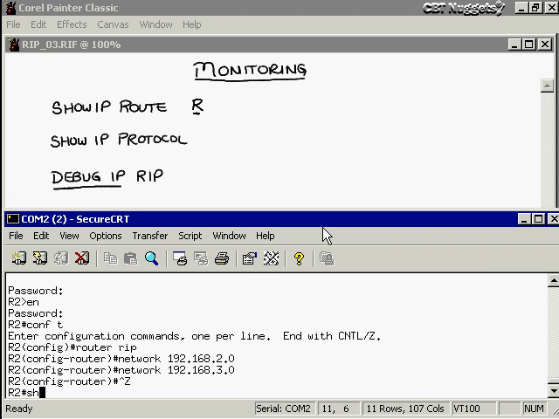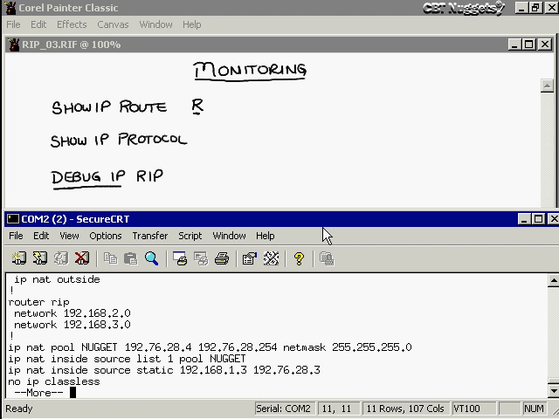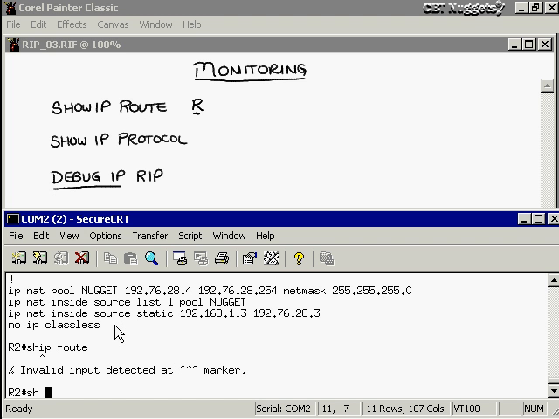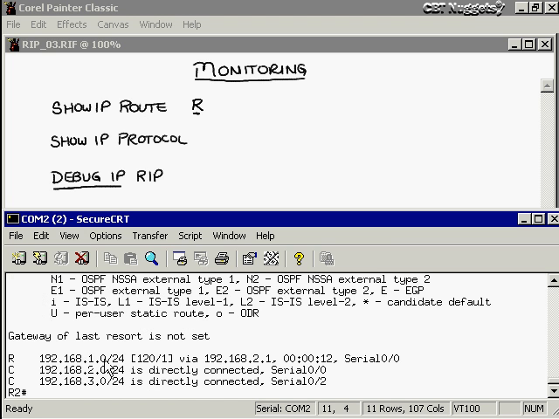And this is a bit longer config, so it takes a little bit longer to get there, but here it is: router RIP, these networks, 2.0 and 3.0 on the 192.168 address space, and we're ready to go. All right, show IP route is going to give us our first route that we've learned via RIP, and it tells us that 192.168.1.0 exists if we go to 192.168.2.1, which is router 1's interface on our 2 network, which is the shared